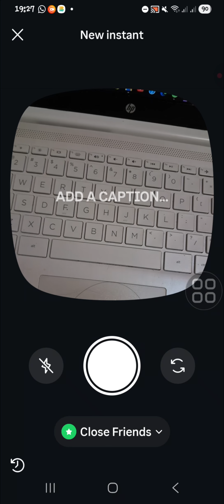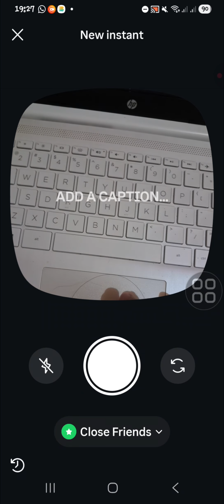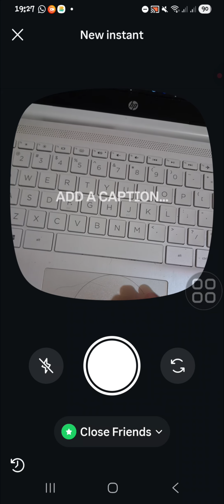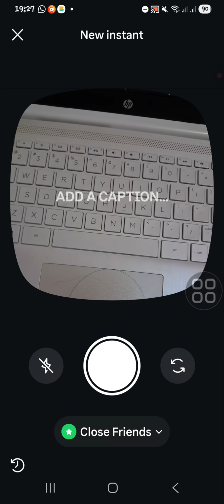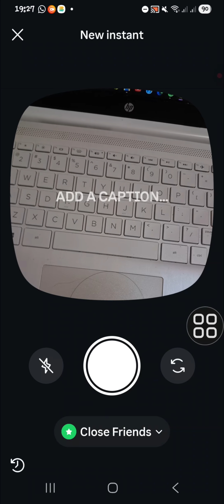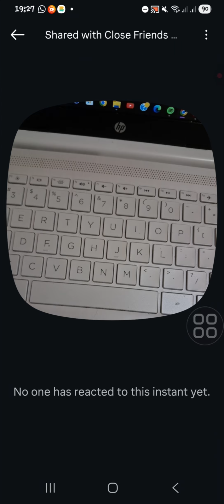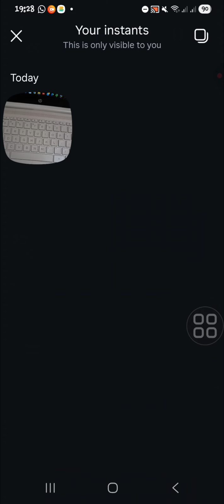And I'm going to open up my photo, guys, the photo that we have just taken using Instants. If you want to see the photo, you can click on this icon, and this is the photo I've sent to the Instants. Okay, and you can also react to Instants, guys, reply in DMs, and even unsend the photo